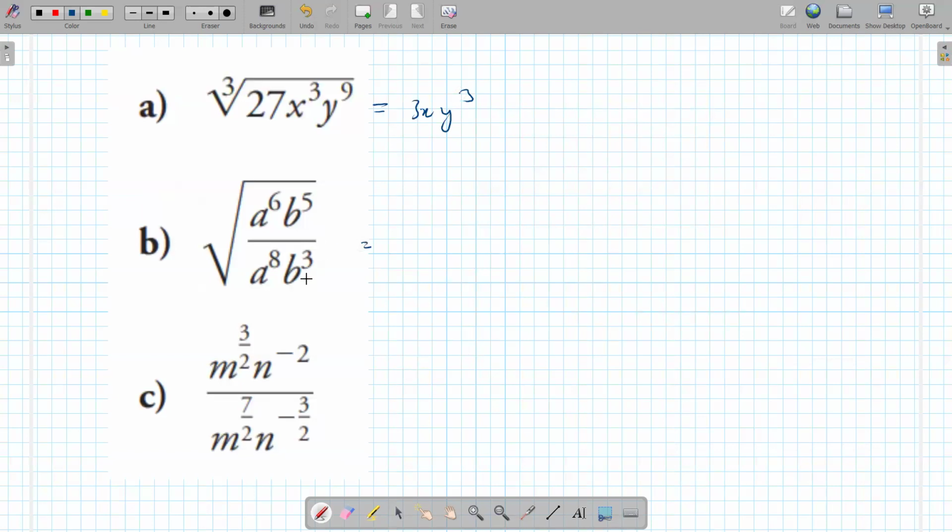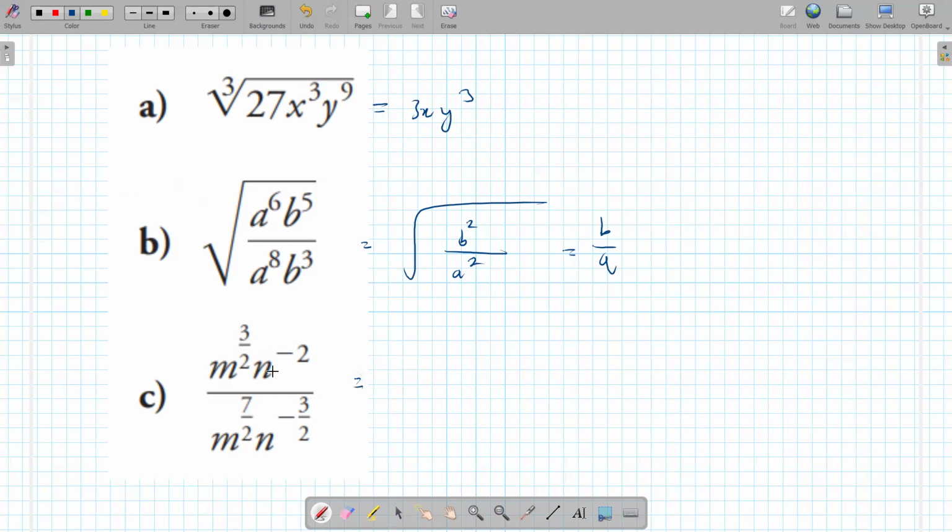For B, we have to play around with this a little bit. Move the A6 down and move the B3 up. Then you'll get something like this. What's the answer to this? B array. Yeah. For the last one,